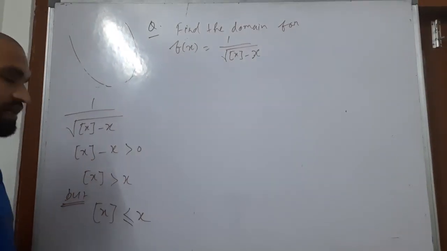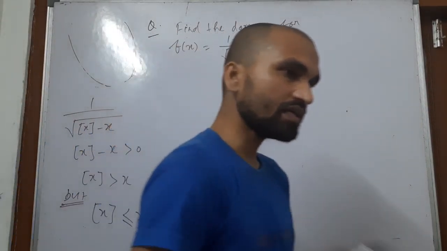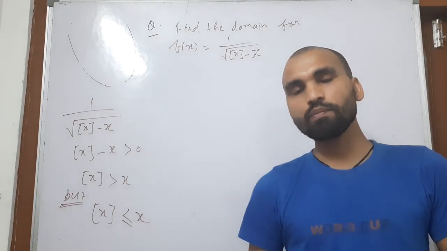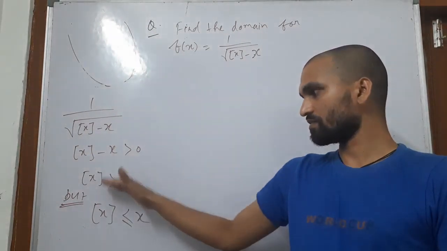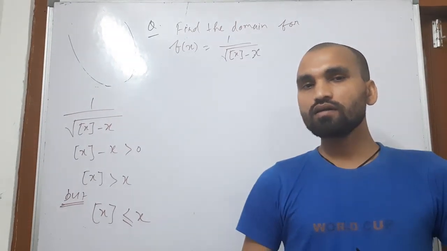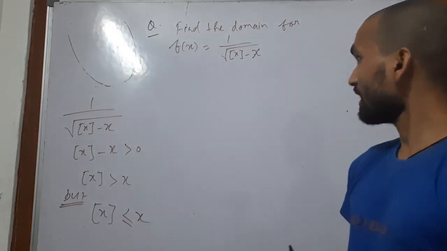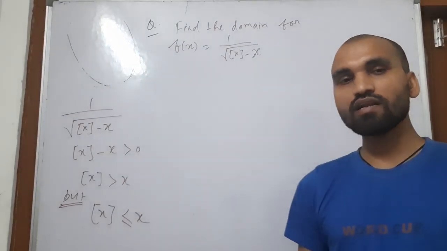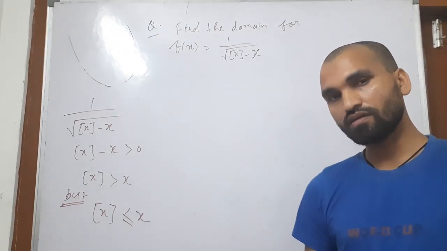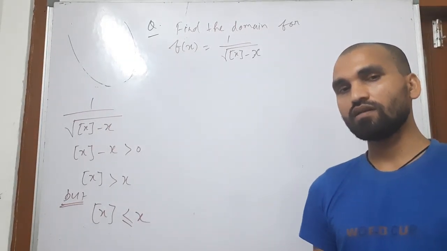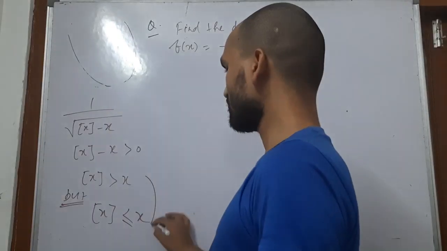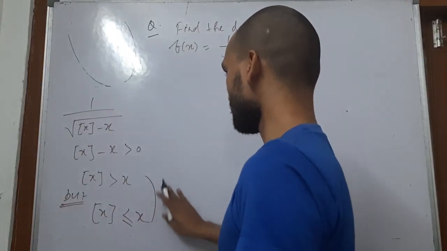So at the same time both conditions cannot be satisfied, meaning no value of x is possible here for satisfying both conditions. So our function has no such values of x which are in its domain. So no value of x is possible in the domain because these contradict each other.